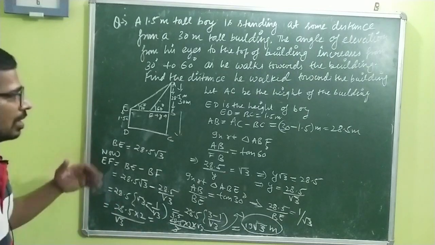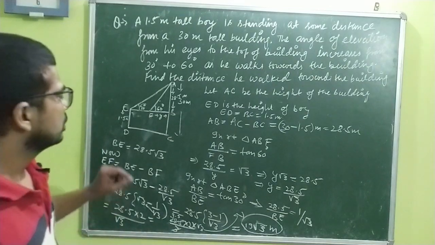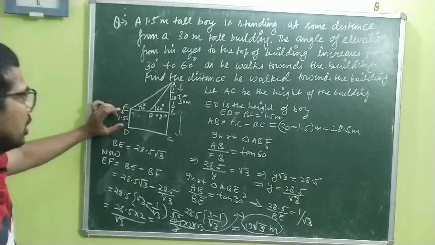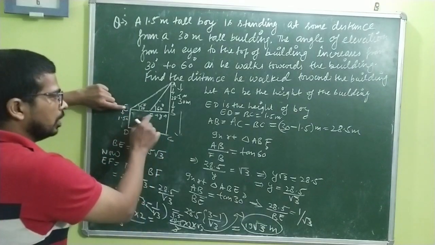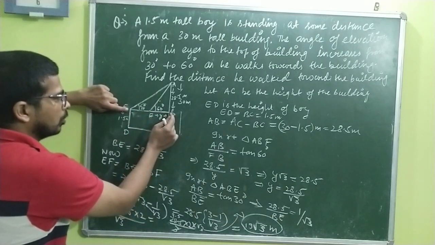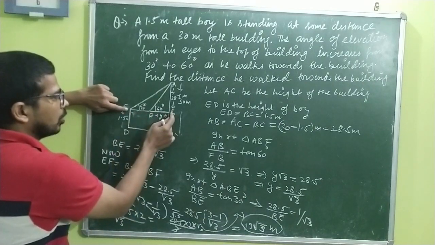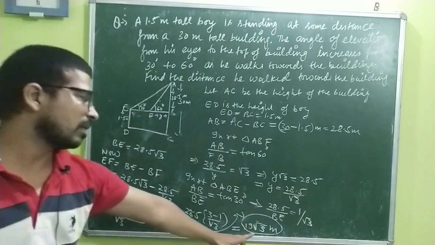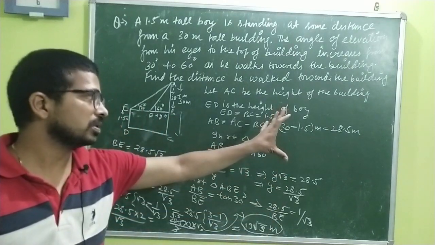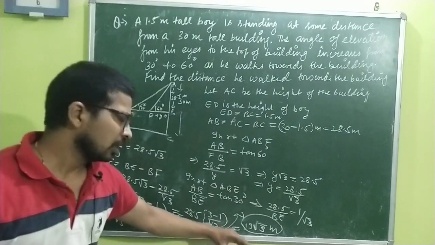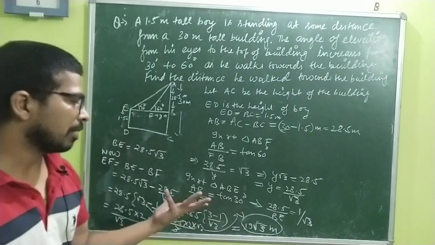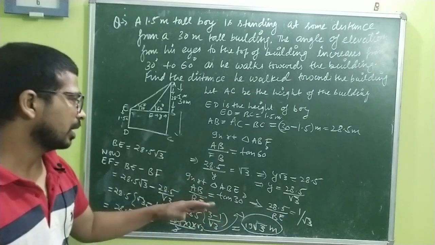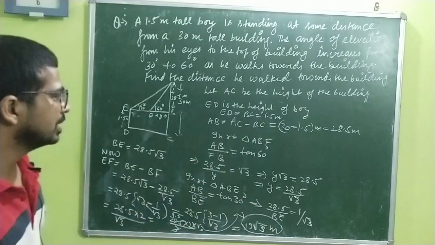Hope it had, again a quick review of this one. The angle of observation is always from this point. We have taken BE. First we have found BF, we have found BE, and we have subtracted that part. Hope it is clear. You can substitute the value of root 3 if it is given sometimes, otherwise you can keep it like that. If you want, you can keep the approximate value of root 3, you can easily find the answers in decimal. Is it clear to everyone?